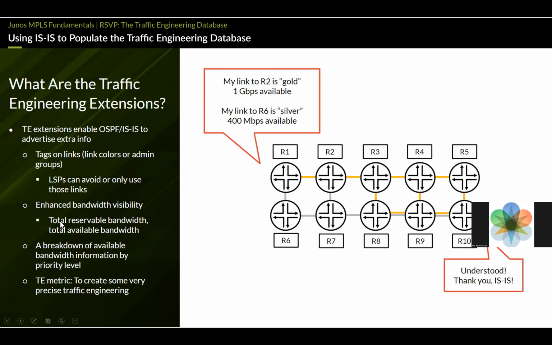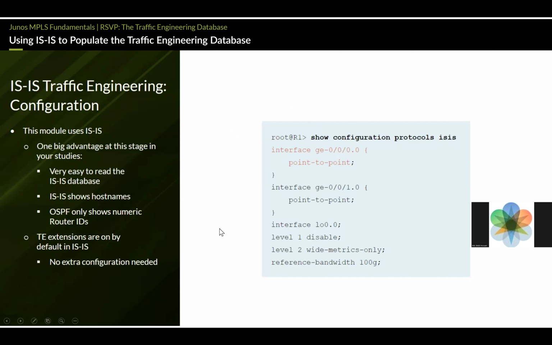Enhanced bandwidth visibility: total reservable bandwidth, total available bandwidth. So the main purpose is that we want to use an underutilized link. That means traffic engineering. We want to deploy traffic engineering. So